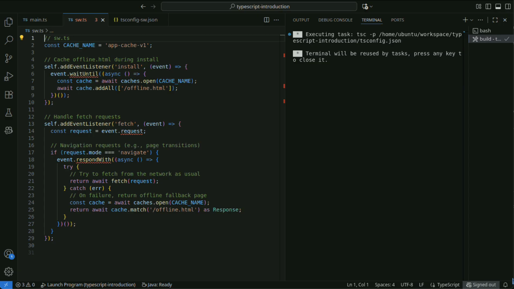Next, let's look at an example of typed messaging between the client and the service worker. Because the service worker operates independently of the page lifecycle, bidirectional messaging is important for notifying states and executing commands. Specifying types for messages helps prevent incorrect message sending, enables code completion, and makes your implementation more robust.